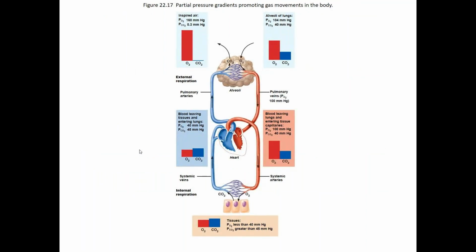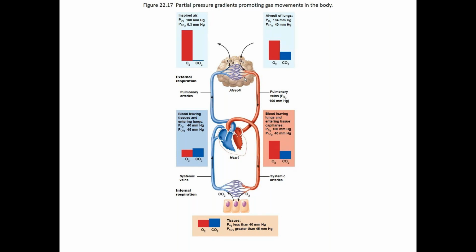So if we look at a little chart here, and I don't want to go through the whole chart, but basically the idea is we get big changes in partial pressure of oxygen. A lot in arterial blood, goes way down at the tissue, and in the venous blood, and then back up again. But our partial pressure of carbon dioxide doesn't really change. Arterial blood, alveolar gas, tissue, extracellular fluid, venous blood, it's pretty much always in that 40 millimeter mercury, 45 millimeter